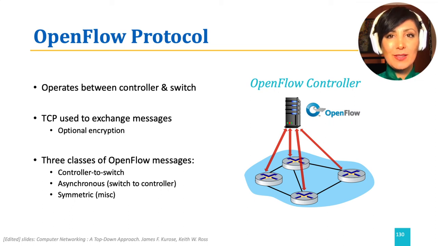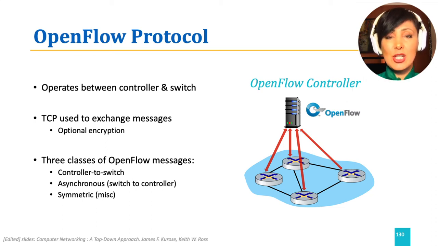OpenFlow Protocol operates between the SDN controller and switches and control devices, that is, in the southbound interface. It operates over TCP with a default port number 6653. There are three different classes of OpenFlow messages: messages from controller to switch, messages from switch to controller, which are also called asynchronous messages, and symmetric messages that can be sent from both the controller and the switch without